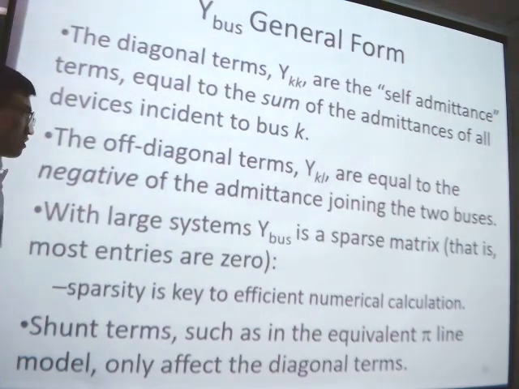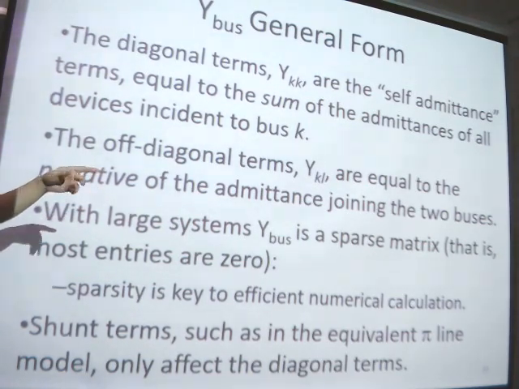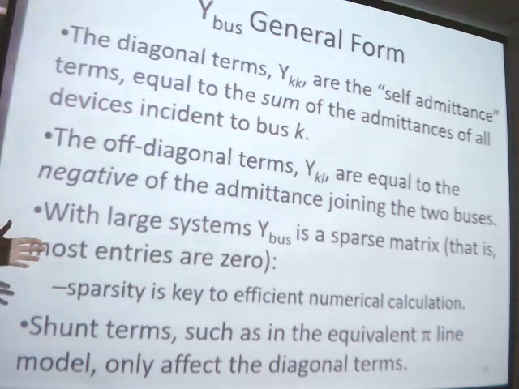For the off-diagonal term, it is equal to the negative admittance between the two buses. So in that case, if we have a very large scale system, maybe the network in